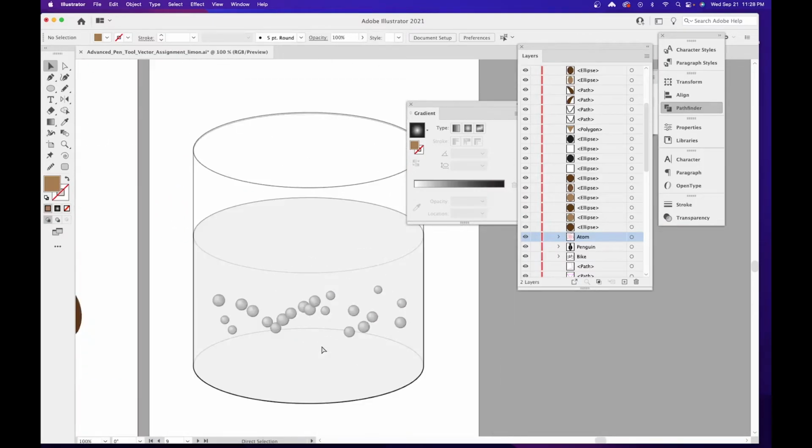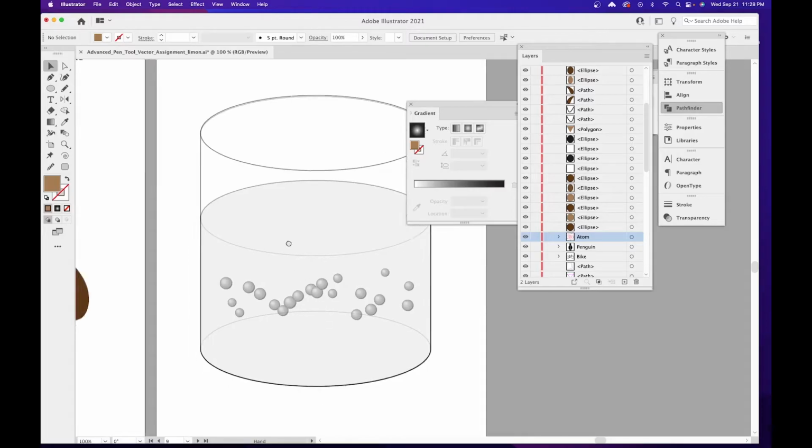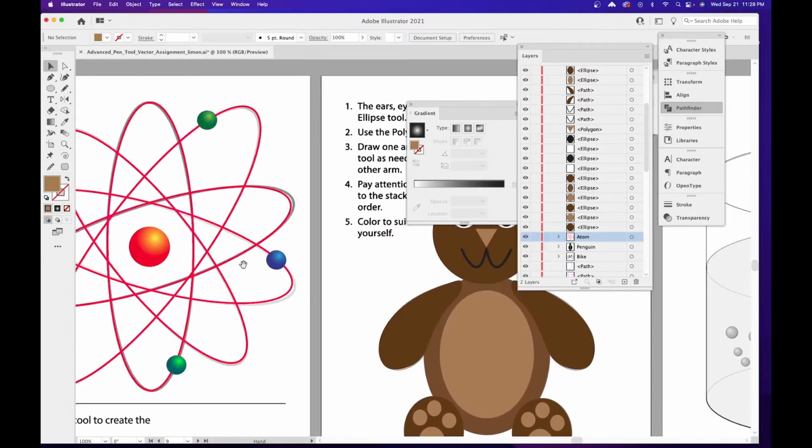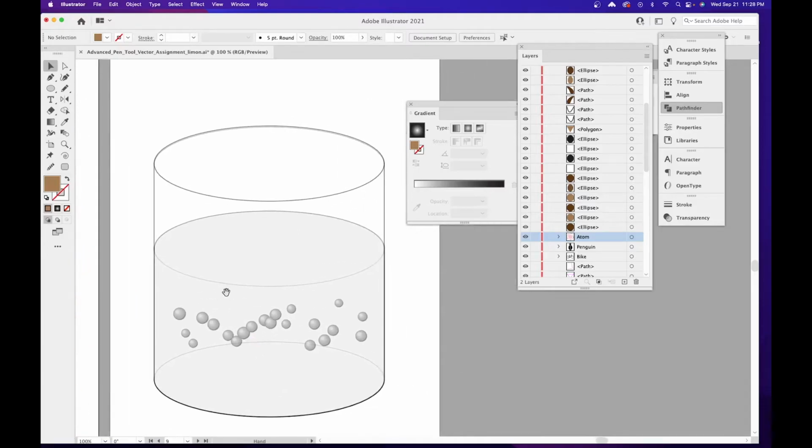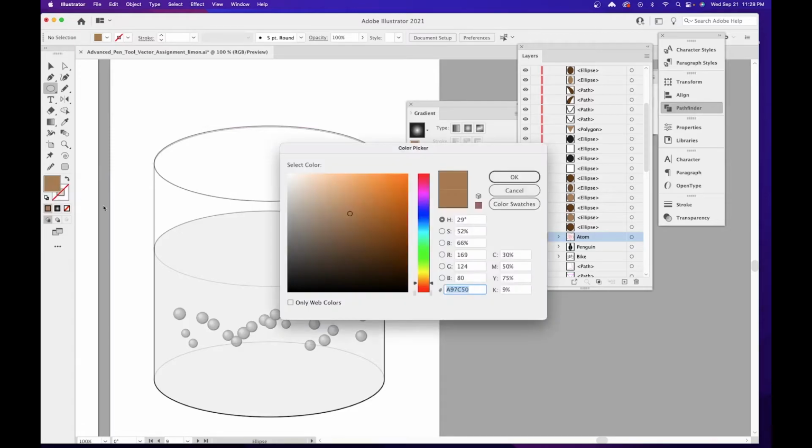Okay, so next we're going to go into this shape. It seems fairly easy since we just did the spheres here. However, what we're going to do is create what's called a symbol, and then we're going to use the Symbol Sprayer tool to spray some of those. So first, let's start off with all of our ellipses here. Let's select our Ellipse tool, and let's choose no fill,